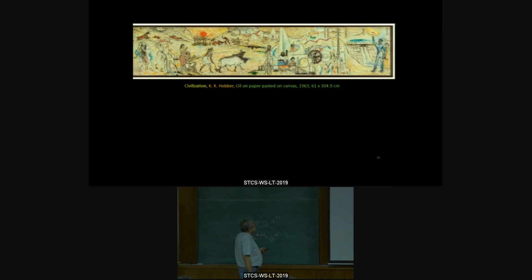This is a picture called Civilization by Heber, and this is interesting for a variety of reasons, because it shows the human evolution from early rock art drawings and fear of electricity to worship of gods and natures and the powers that be, to farming, eventually technological evolution, to the extent where we control the power of electricity that once scared us so much. So there's this path of civilization that Heber has drawn. Again, it's a 3 meter wide painting, and he thought this would be appropriate for something like